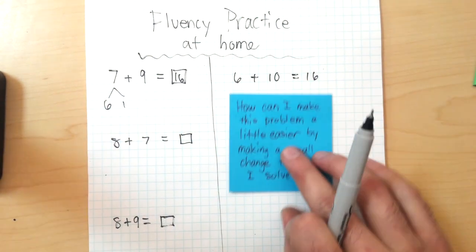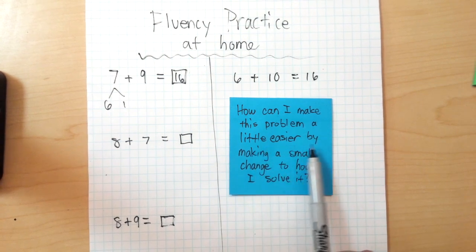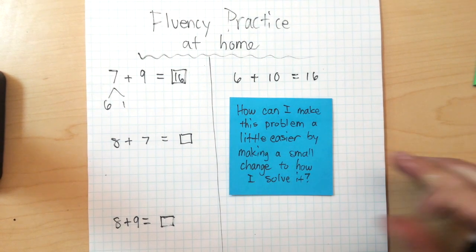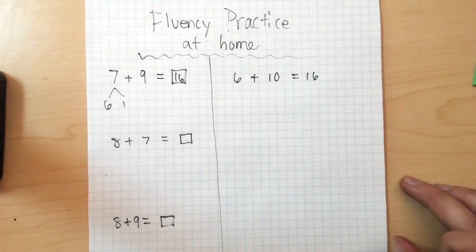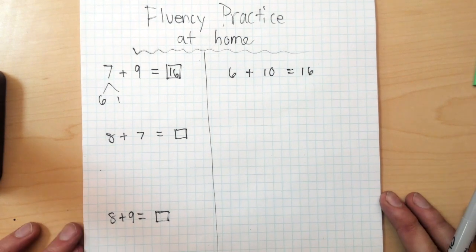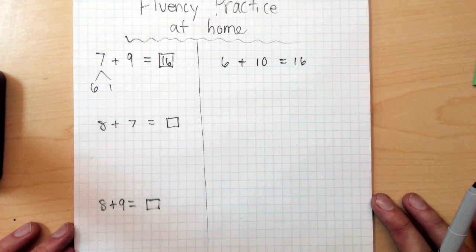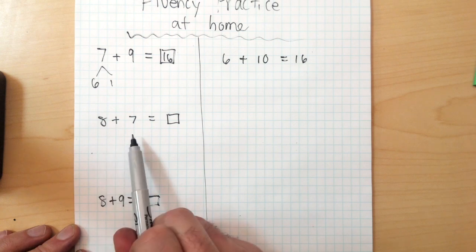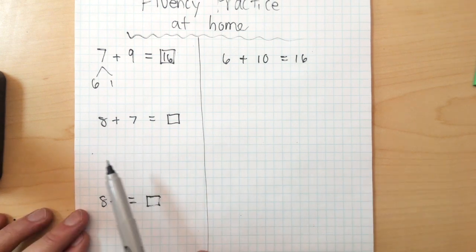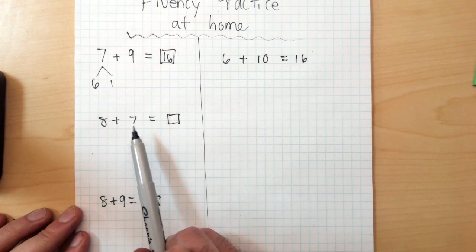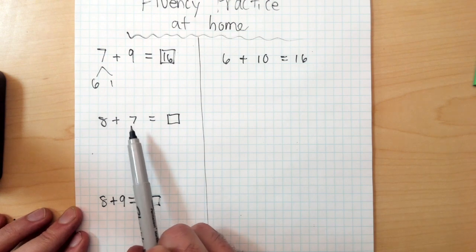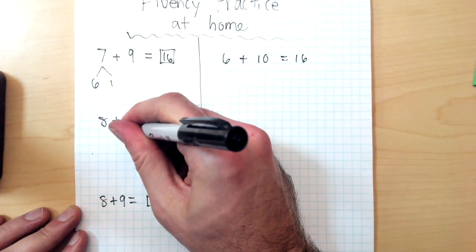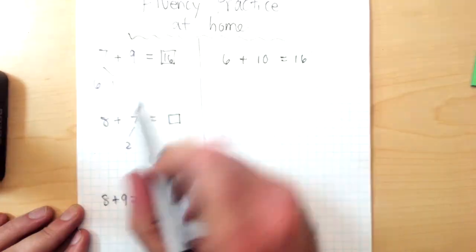That's one way. It's just kind of changing. We say it like this, like how can I make this problem a little easier by making a small change to how I solve it? So we're just changing it just a little bit, being a little bit flexible with this to change it to make it an easier problem. So like this one for 8 plus 7, I'm thinking kind of the same thing. Like I know that 8 is pretty close to 10, so maybe I'll just take a couple from the 7. Right? I know, for example, 8 plus 2